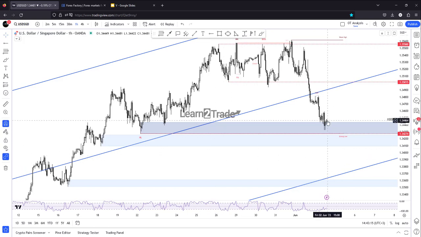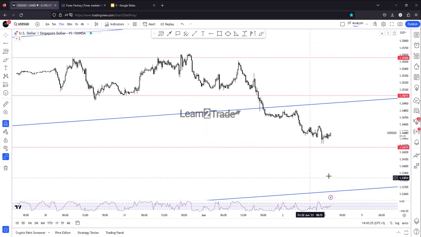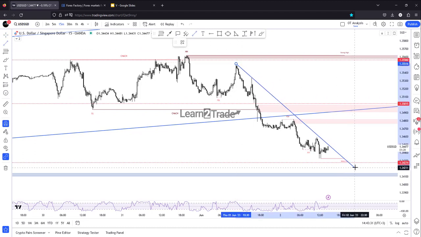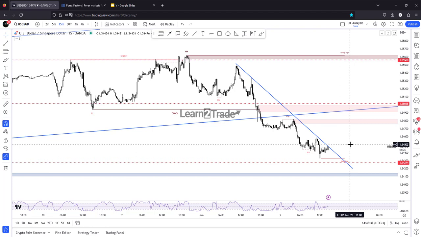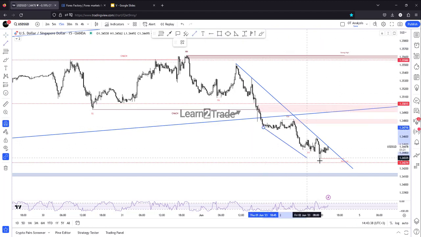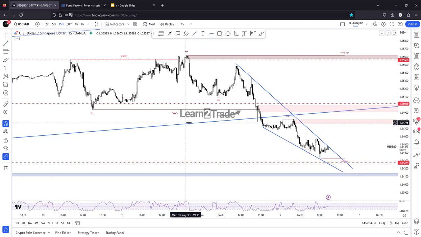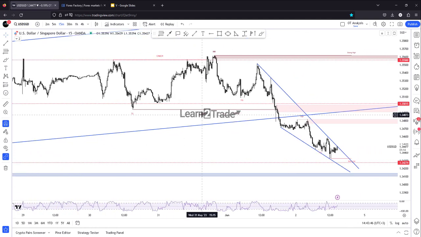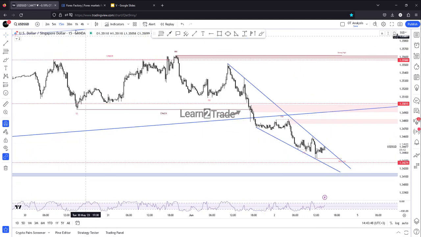staying above the former low, and printing or developing a bullish pattern here may signal a potential rebound. That's why personally I will keep an eye also on this market, also on this pattern. Maybe the price action already developed this potential falling wedge pattern, a potential bullish pattern, a potential